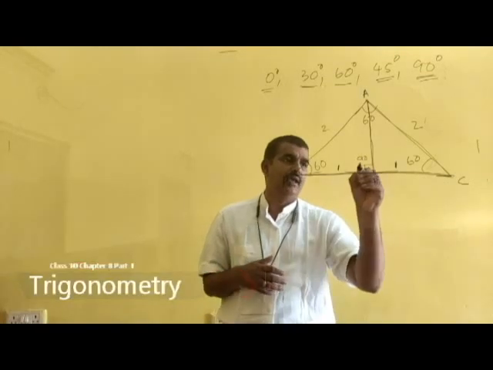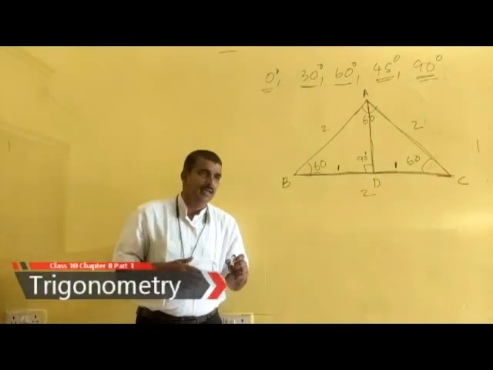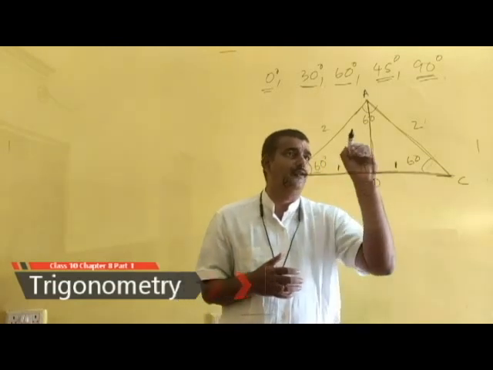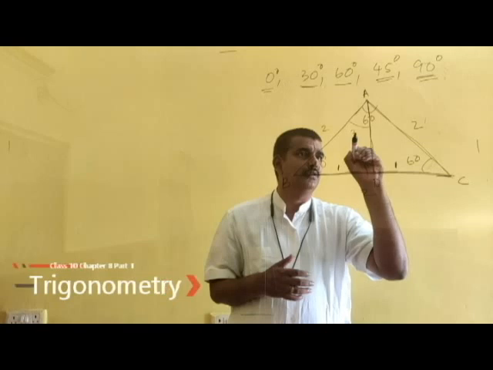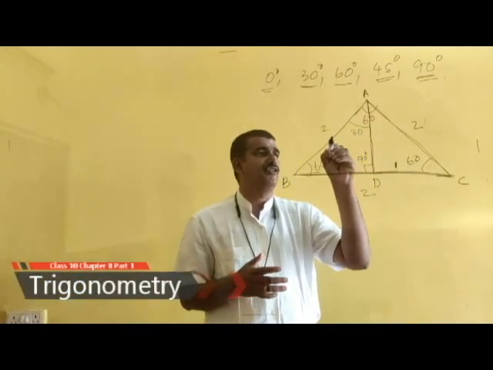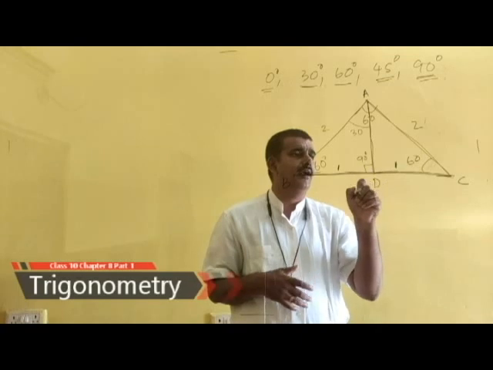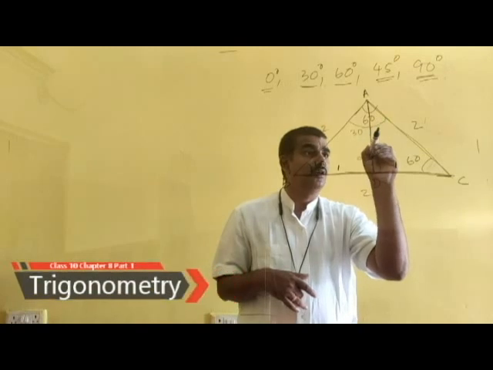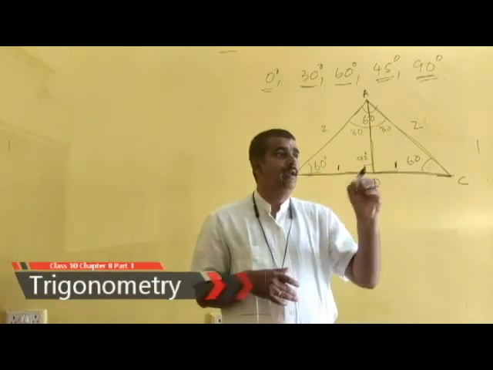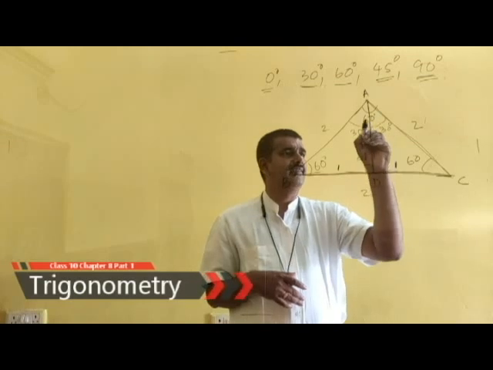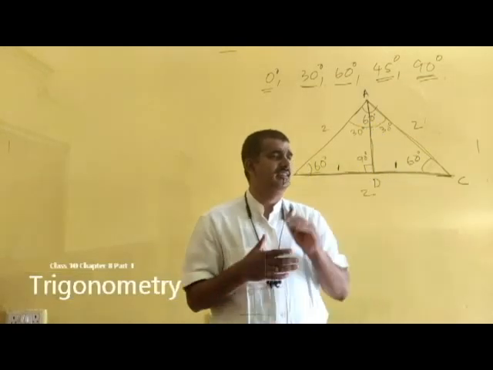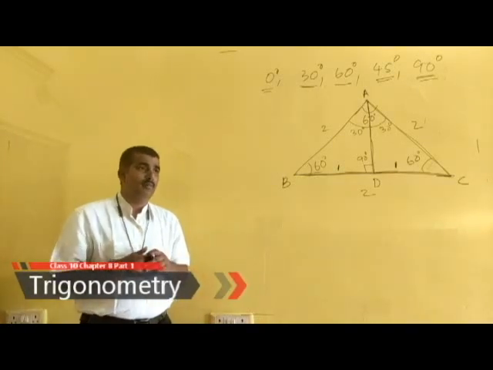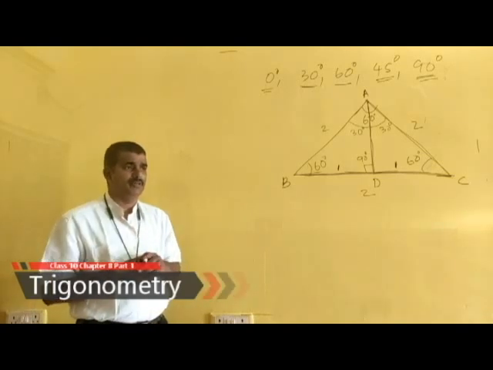Now if you draw an altitude, that will make an angle of 90 degrees on the base, this angle will be 90 degrees. If it is 90 and if it is 60, 90 plus 60 is equal to 150. So this angle is equal to 30. And it is the property of an equilateral triangle: if you make an altitude from any angle, that will bisect the angle also. So this is also 30 because the total is 60. Now this angle is 30 and this angle is 30 and this is 60 and this is 60 and this is 90. This is the picture you must keep in your mind permanently.